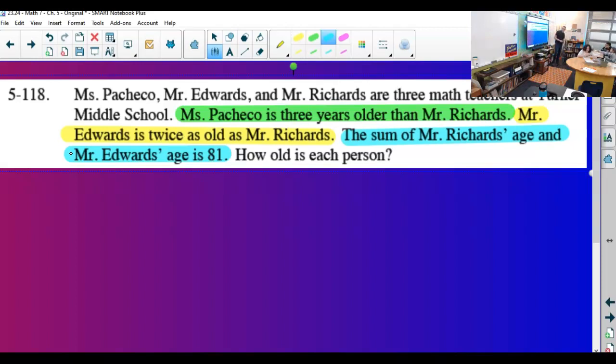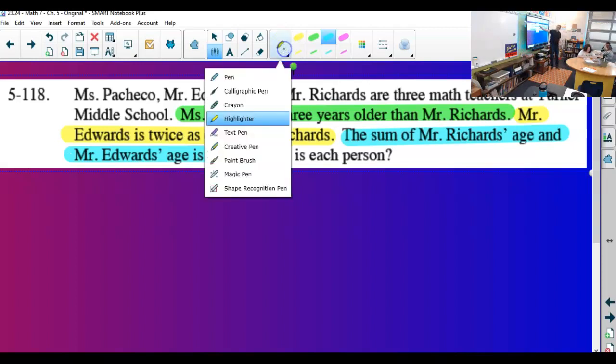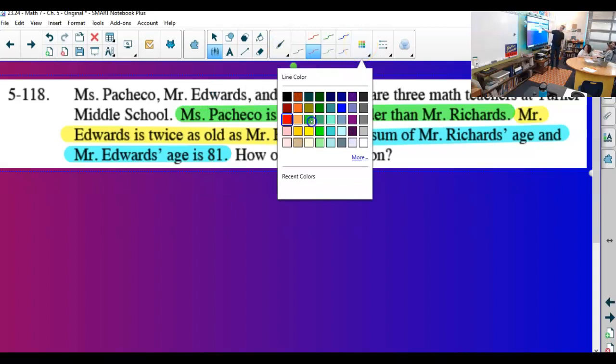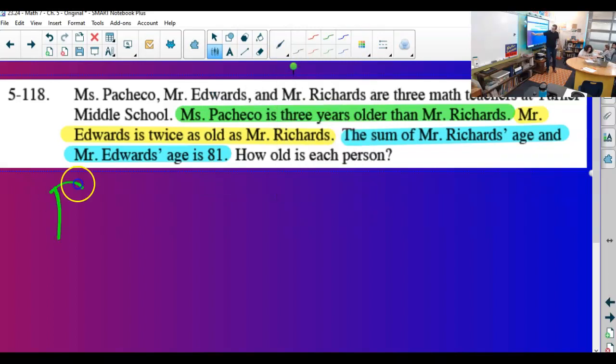Sophie, tell me one thing we could write down. P equals R plus 3. Any disagreement? Bethany, tell me one thing we could write down. P equals R times